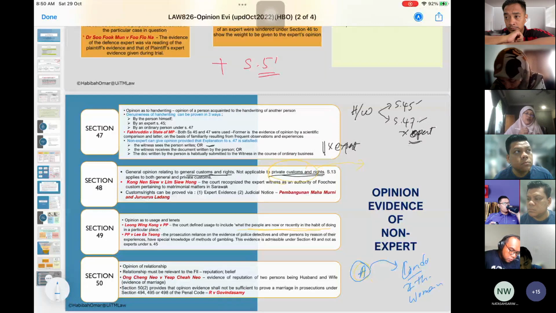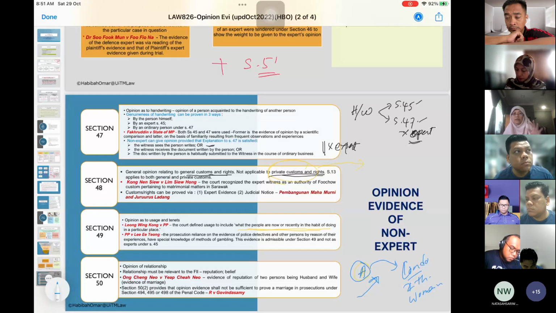Okay, say his neighbour can give opinion relating to what you perceive. A went into the condo, and he often goes on holiday with this particular woman, going back and forth, going on picnics, carrying things and all that. So you can give opinion relating to possible relationship. That is the situation under section 50. Get that? So sections 47, 48, 49, 50 are all